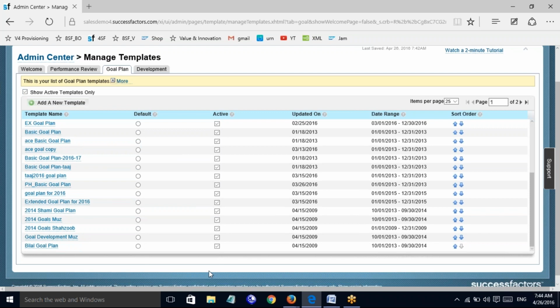Why are some of the goal templates not shown when you select show active templates, and shown when you uncheck it? This means it is going to include both inactive and active. Even if a goal is created but not used by any user, that goal will also be removed from the list of goal plan templates, right?